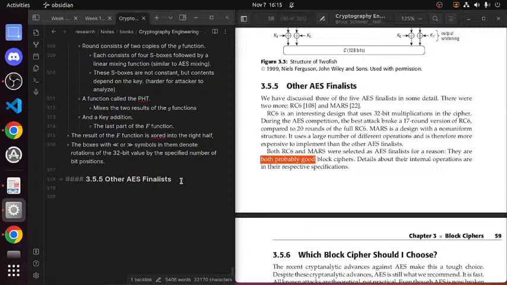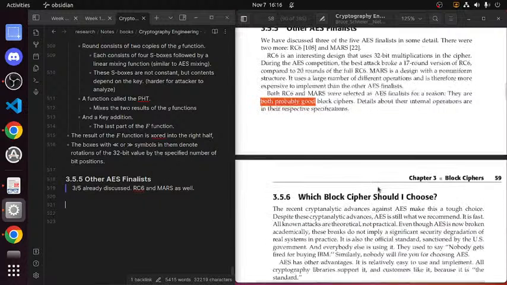And then I'm just going to literally say, 3 out of 5 already discussed, RC6 and Mars as well. And if I really cared, I would link these on Wikipedia. I'm not going to read about these, just not anytime soon, at least.